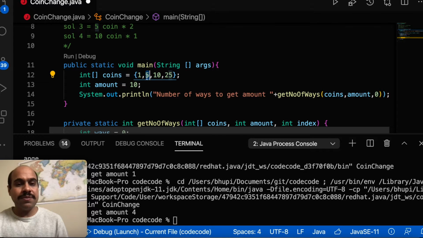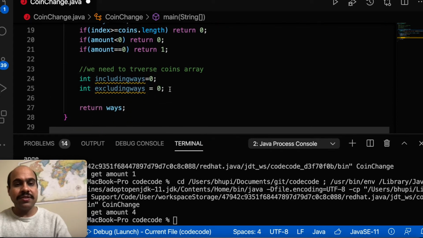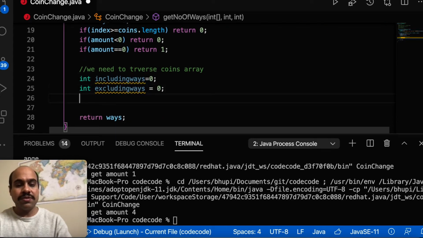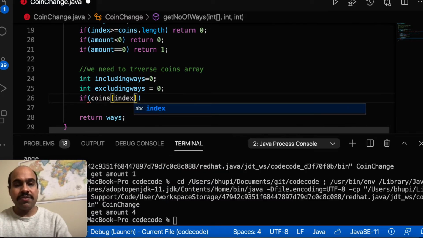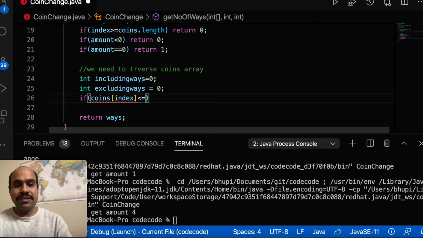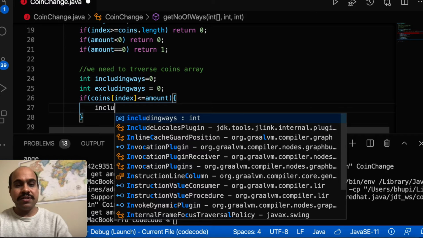Why? Because 5 is greater than the desired amount 3, so I cannot use it. So that's the thing. So I need to check condition before seeing if I can include this coin as part of solution or not. So if the current coin, that is coins of index, is less than or equal to amount, then only you try to find including ways.